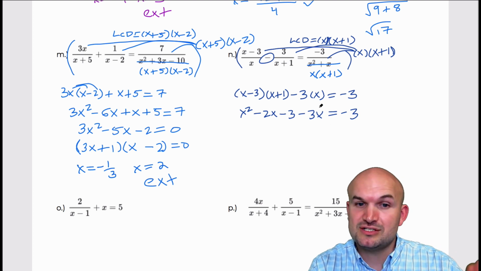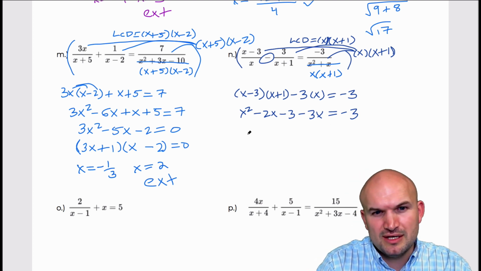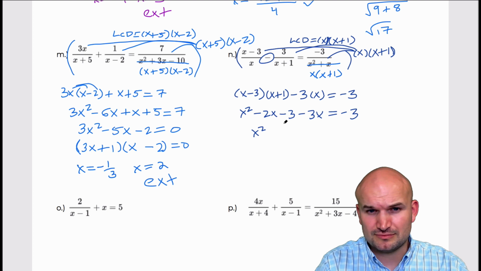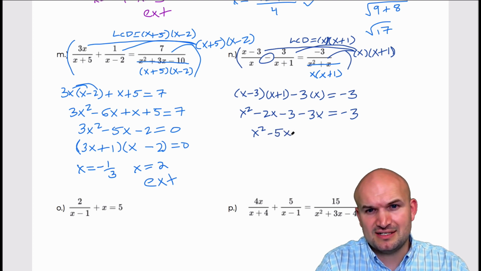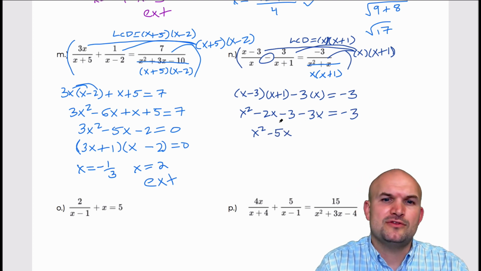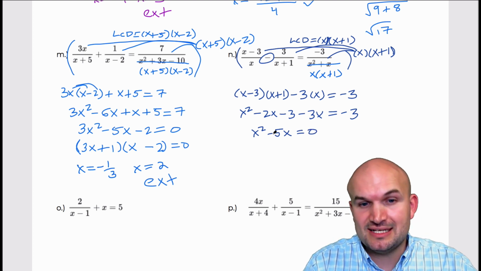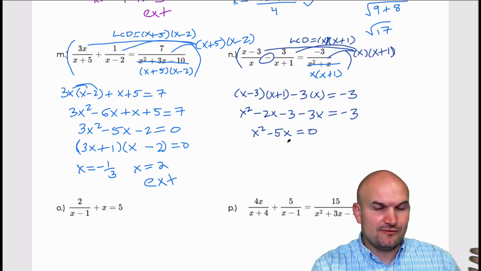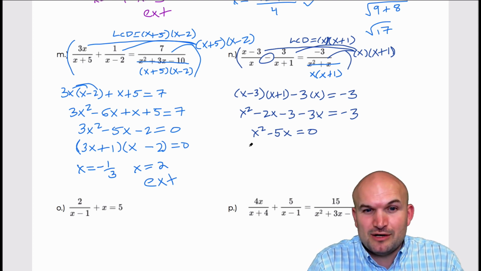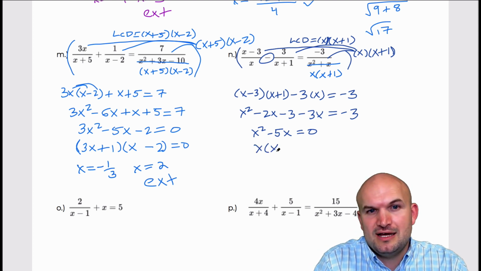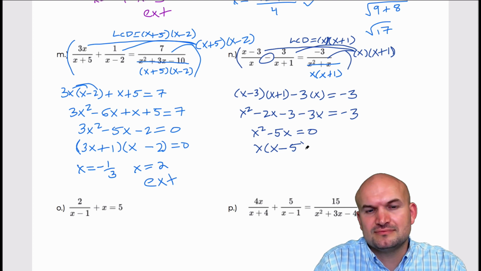Again, it's a quadratic, so I'm going to want to set this equal to 0. So I get x squared, let's see, minus 5x, and if I add the 3 over, I'm going to get 0. So now in this case, I don't need to factor a trinomial anymore because it's not a trinomial. So I can just factor out an x, and I'm left with x minus 5